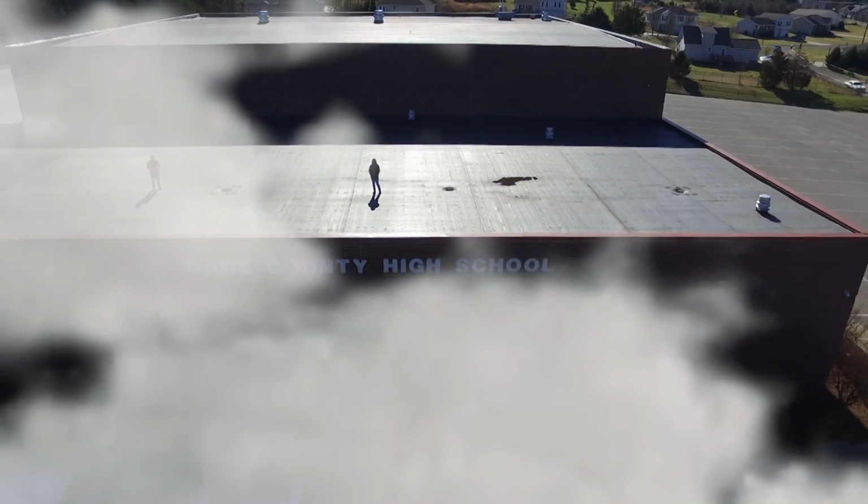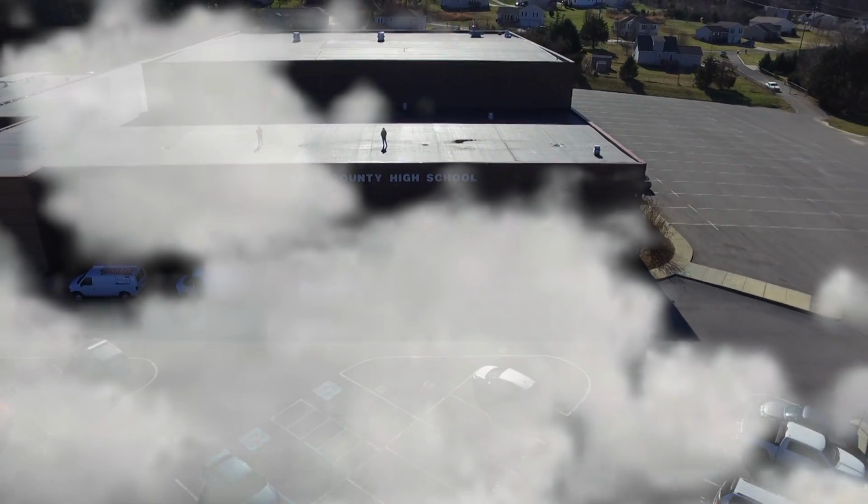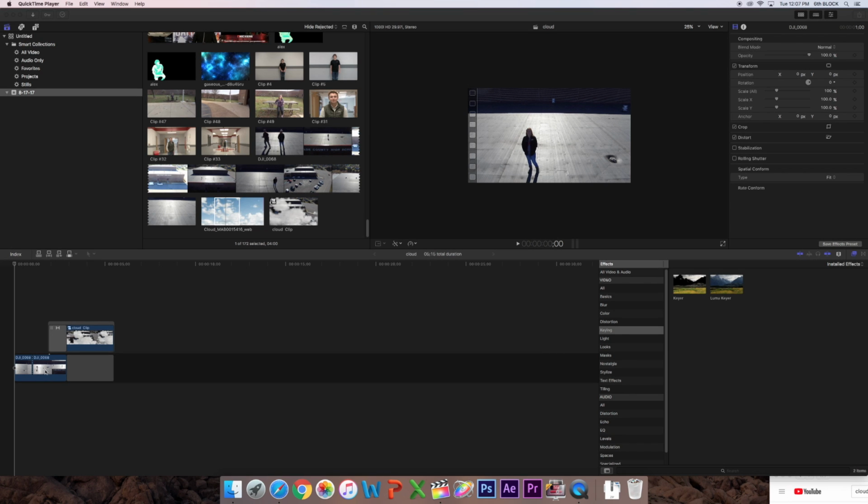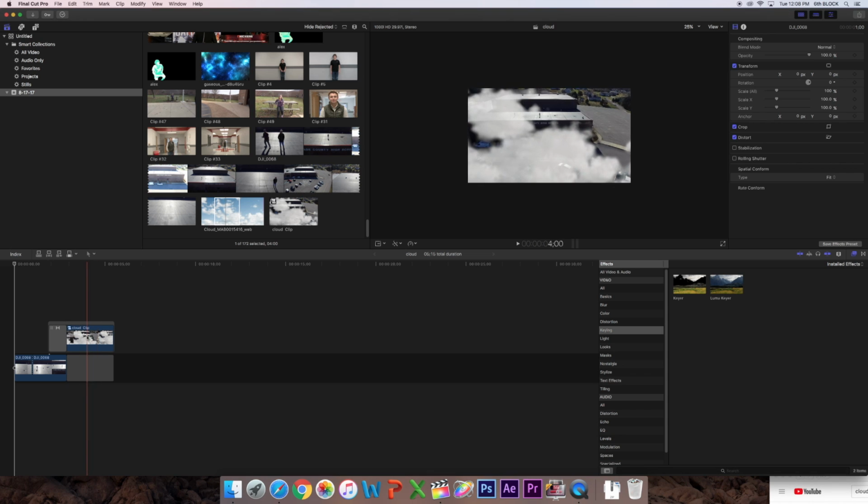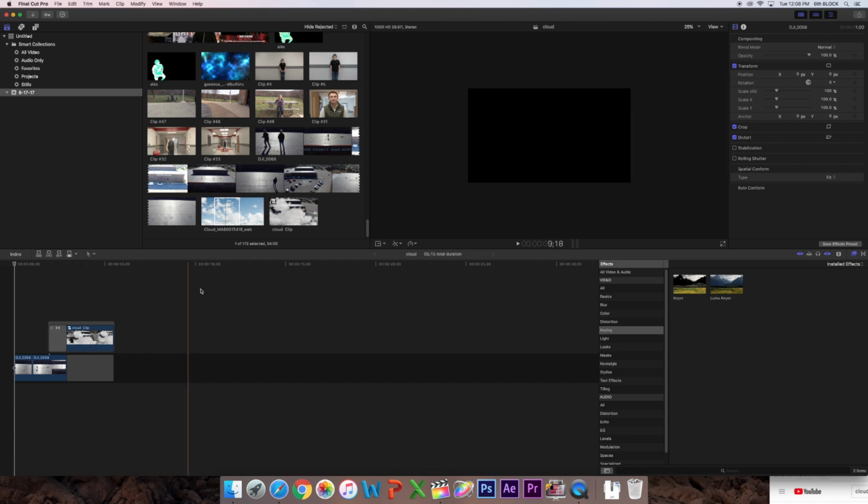Well, if you're here to find out how to make a drone shot or how to add a cloud effect, you're in the right place. So first, you're gonna want your drone shot. Then you're gonna want a picture of a cloud, probably one that has a pretty blue background, so you can